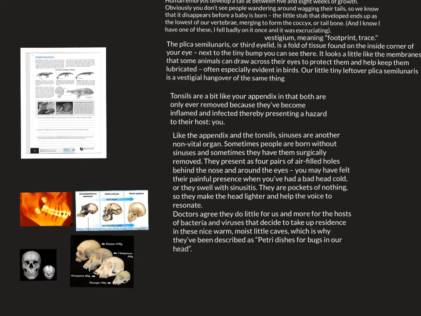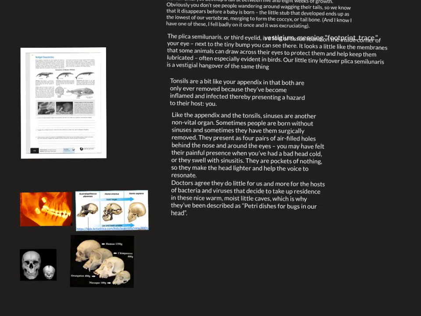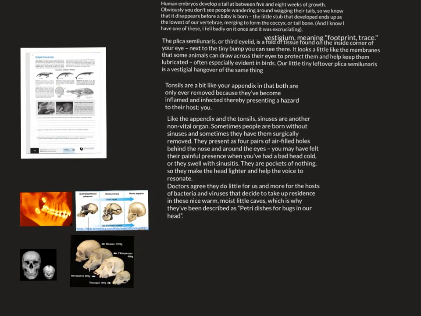Maybe more room in the throat for the tonsils, maybe more room for larger intestine in the abdomen, which allowed them to absorb food better. Maybe that gave them an advantage over those that had larger, whatever the appendix is in our common ancestor, or a larger, whatever the tonsils are in our common ancestor. Having the wider throat, more room in the throat, having more room for intestine or colon, gave our ancestors an advantage, and so our tonsils ended up being smaller, our appendix smaller, and its function became less important.